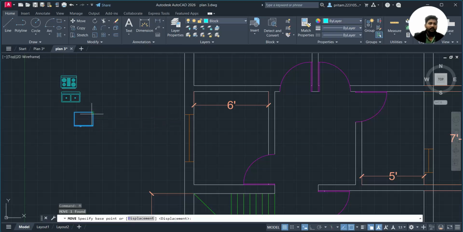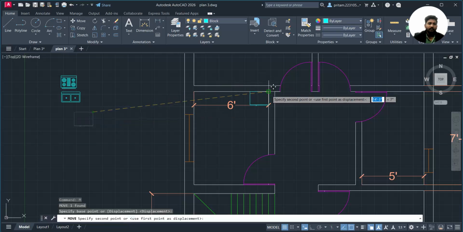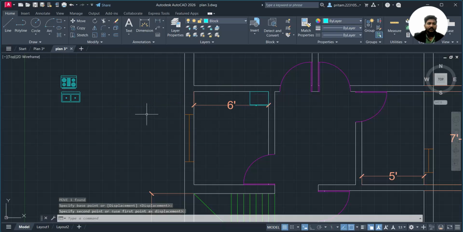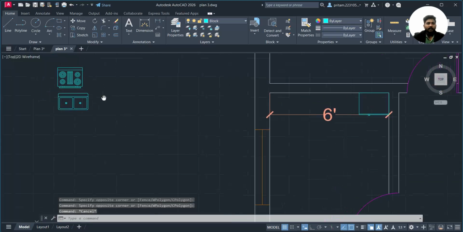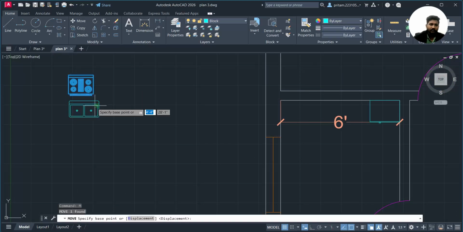Here we have to choose here as the base point and place it here. You can see that the fridge has been placed properly. Same way we have to place these two parts also. So as you know, we will be placing here, M, enter, the